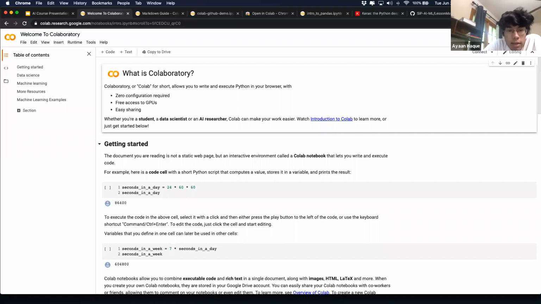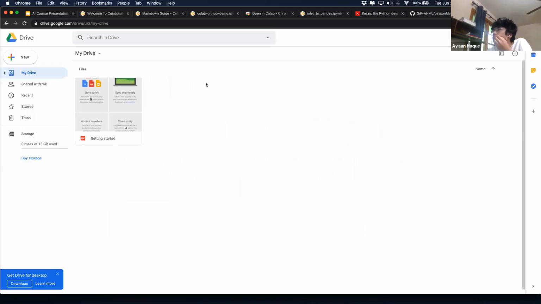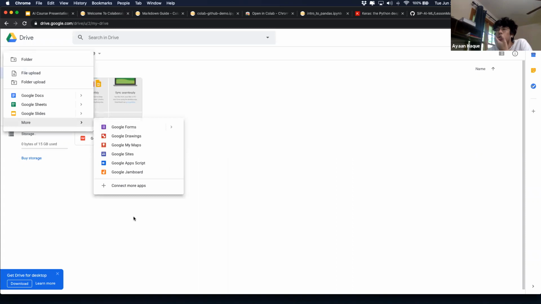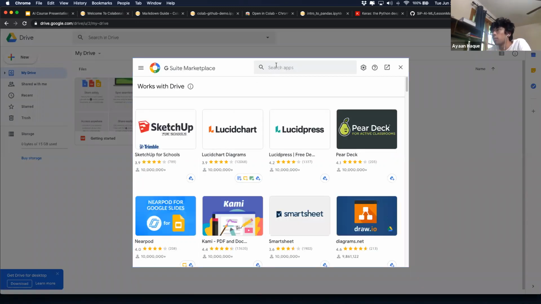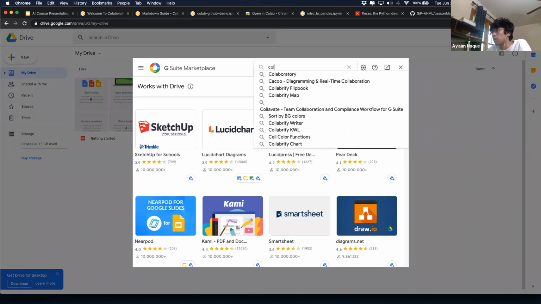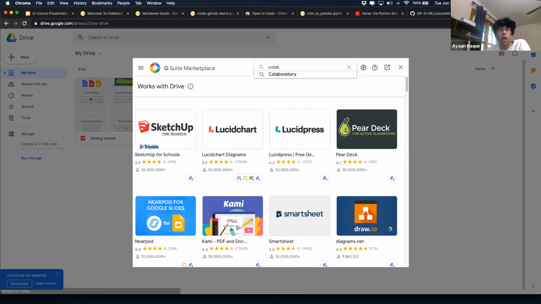When I press add more apps, it doesn't load. Not sure why. That should be a default. Maybe that's just your Wi-Fi. If you connect more apps and just wait a little bit, maybe it'll pull up. And you have to search up Colab. It's not Google Colab, it's COLAB. There's nothing to install.